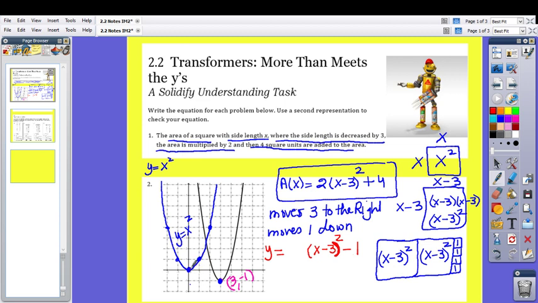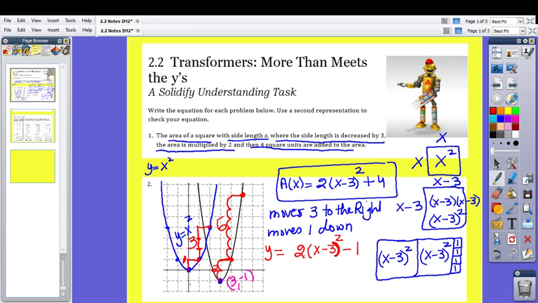Now to find this point you go 1 up in this one, but to find this one here you are going 2 up. Then to get to the next point you go 1, 2, 3 up, but here you are going 1, 2, 3, 4, 5, 6 units up. So when this is 1, this is 2, then this is 3, this is 6. So every time the units you are going up is doubling, so you do 2 times